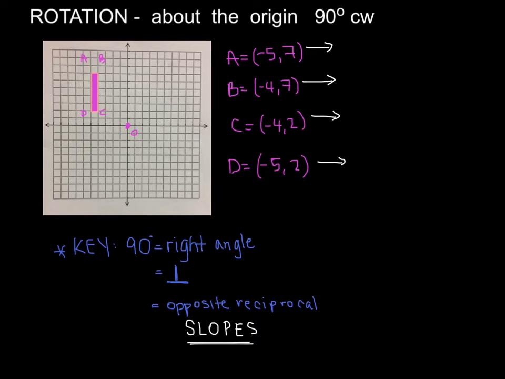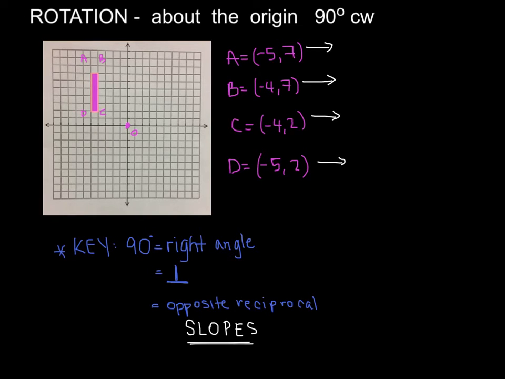Okay, let's take a look at one last example. A harder example where we're going to rotate about the origin, which is over here, and not a point connected to the figure. So I'm looking at rectangle ABCD right here. I am not rotating around one of the four vertices. I've got this random arbitrary point here, and I want to take this whole rectangle and rotate it about the